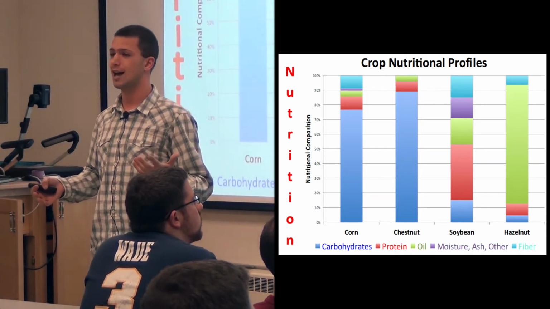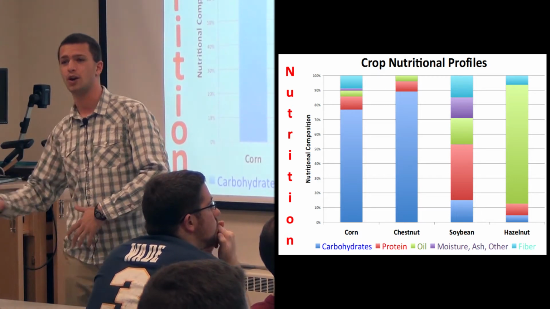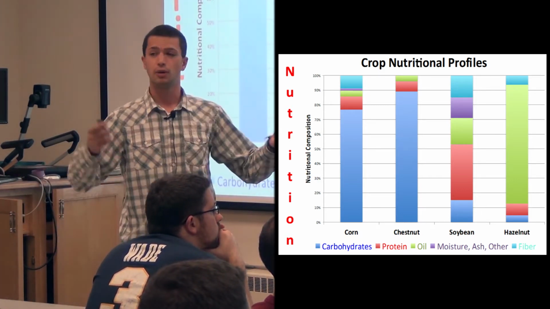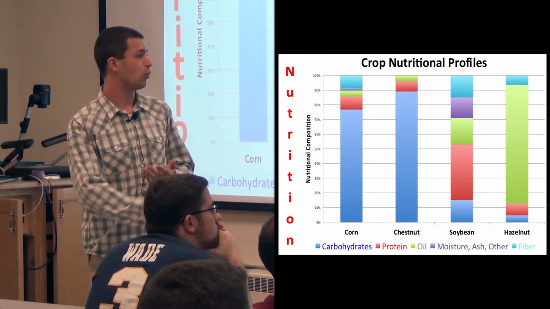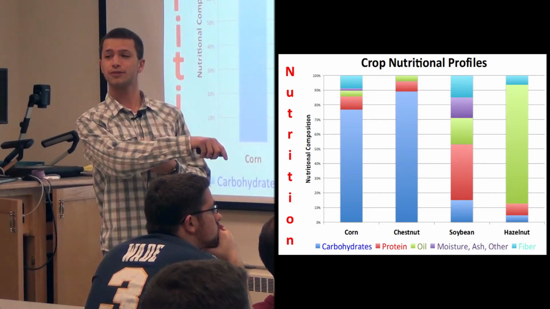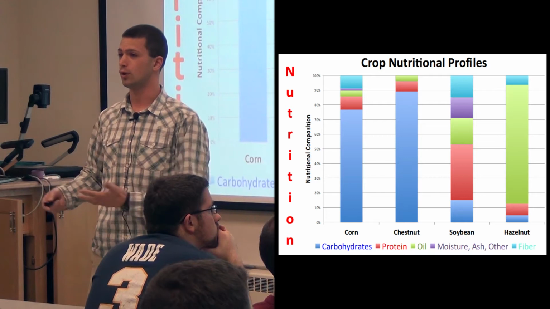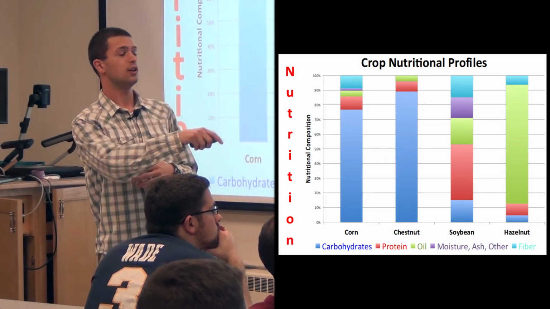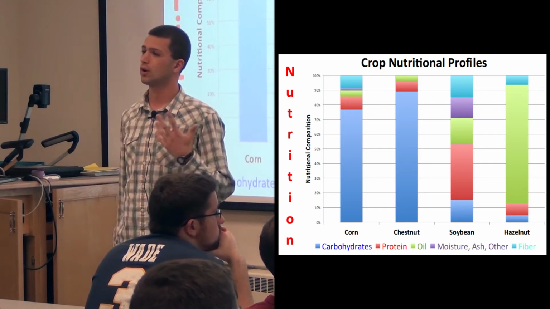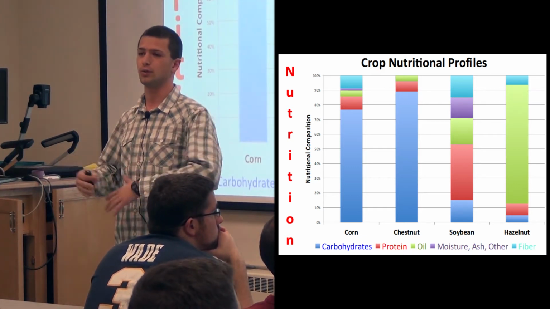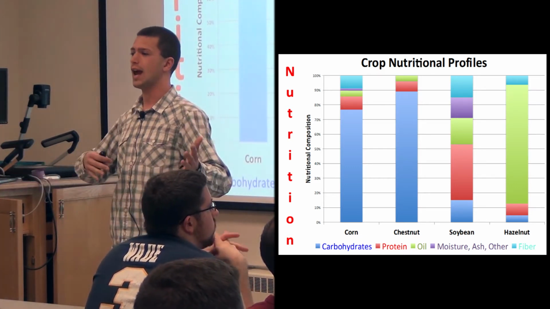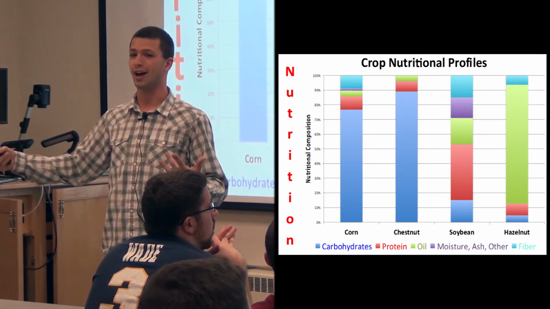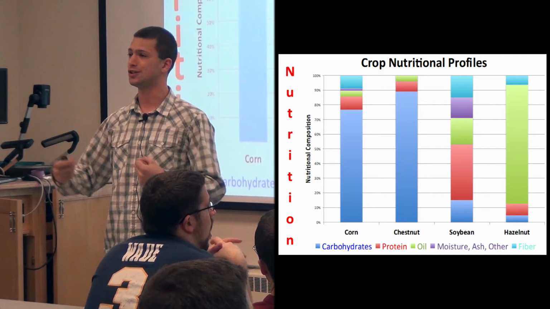We care about this a lot because we want to grow stuff for food, and we want to know medicinal properties and stuff. This is just an example of how plants have different stuff in them. So we grow corn because it has lots and lots of carbs in it, and that's great for those types of applications. We have other plants that are really good at producing oil, which is what we want for fuel or cooking oil. So plants are different. We have lots of different species in the world, and from an engineering perspective you can think of those as your toolbox, the things you have to work with to stick into your systems.